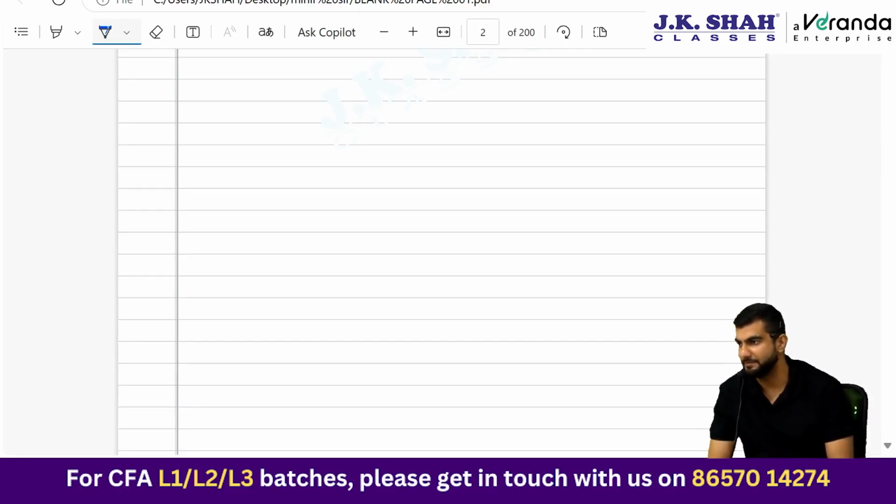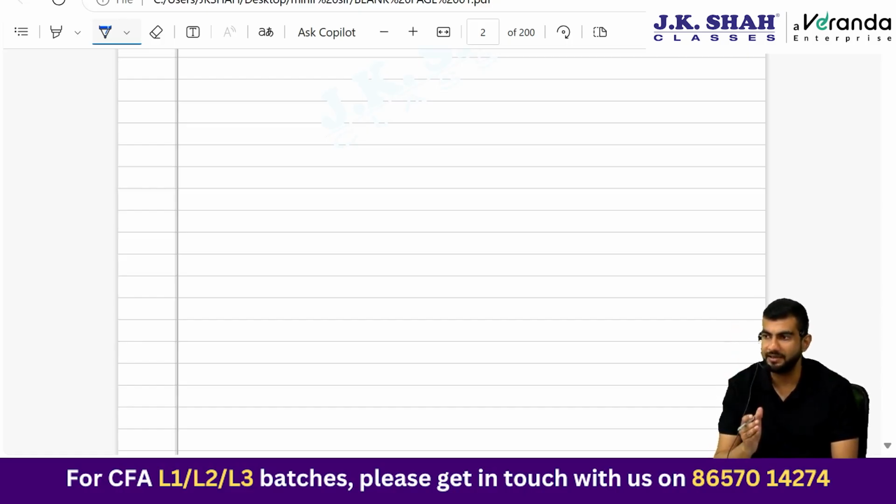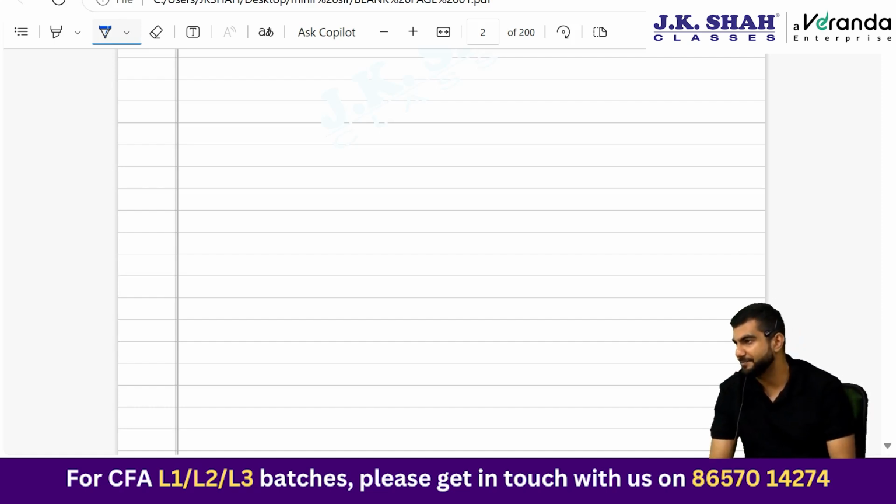Okay, research and development. The treatment as per IFRS and US GAAP was different, if you remember. In IFRS, research expenses have to be expensed off, put in P&L as an expense. Development expenditures have to be capitalized as per IFRS, but only if those four conditions are satisfied. In no particular order, let's discuss those four conditions. Technical feasibility of the product is there. Resources exist to complete the product. The firm has the intention to complete the product, and a ready market exists to buy the product.